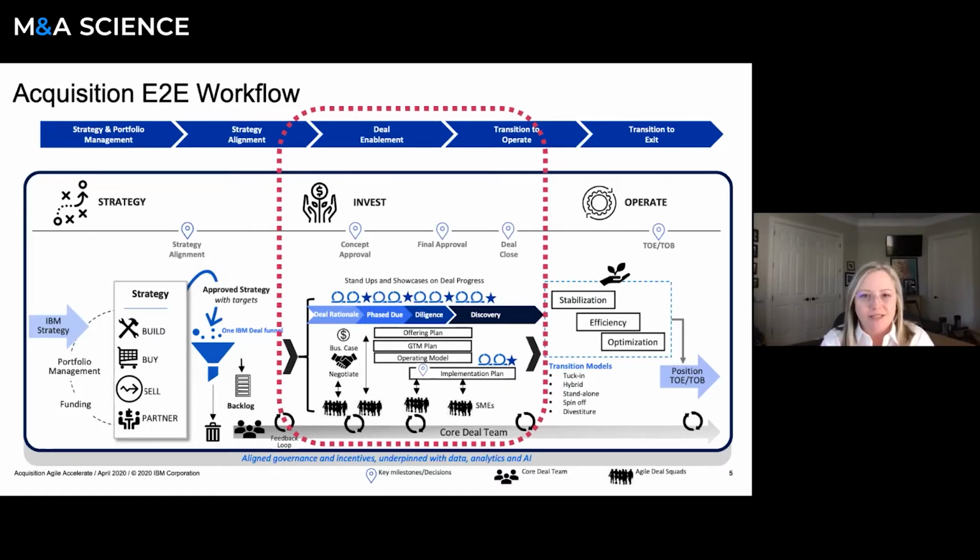And each of these things are dependent or reliant on understanding what the post-close operating model might be. Is it a tuck-in? Is it a hybrid model? Is it a standalone business? And potentially, are there spinoffs and divestitures across this as well that we might look at? So this is the high-level picture of what we focused on for Agile Accelerate, and we kind of unpacked each